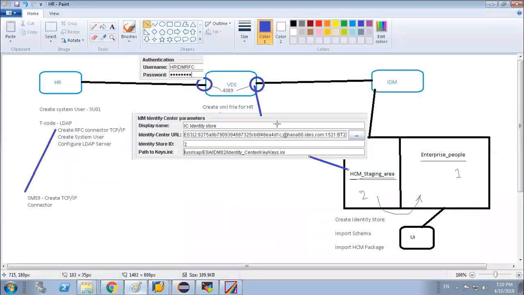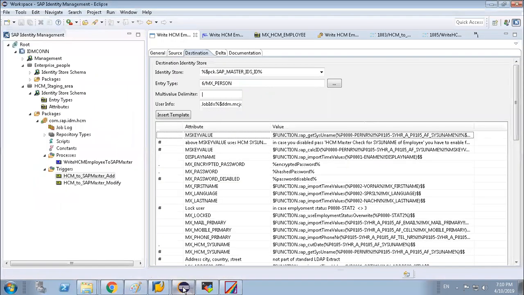Okay, this is the functionality of our HCM staging area. So first we have created the identity store, then imported the schema, and then imported the HCM packages on the IDM side.